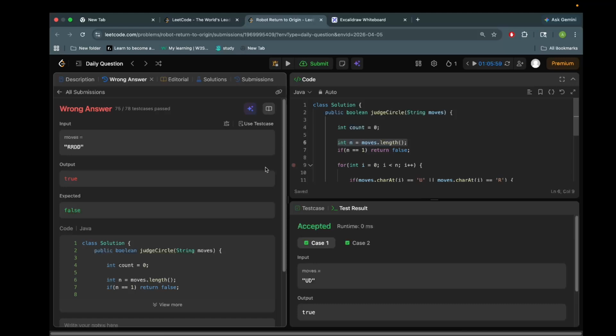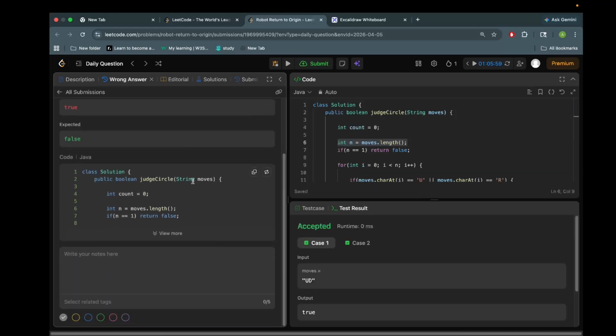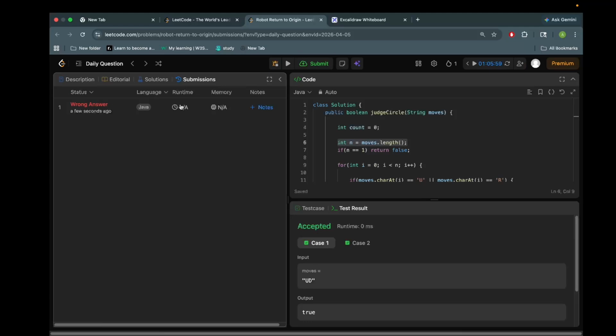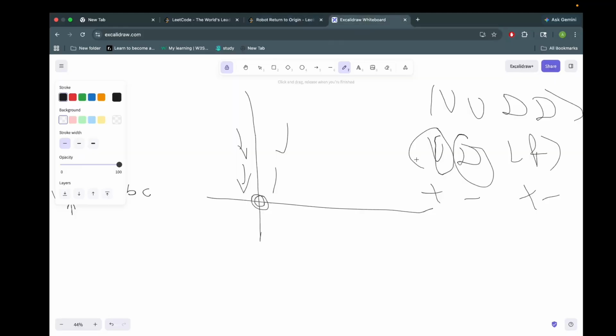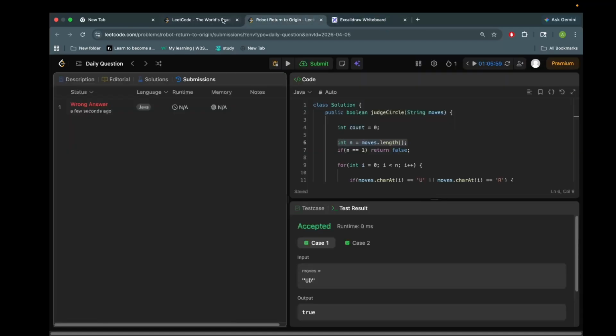Yes, that's correct. Okay, there is a little bit of a bug. I see what I've done wrong. So what I've done wrong is I given